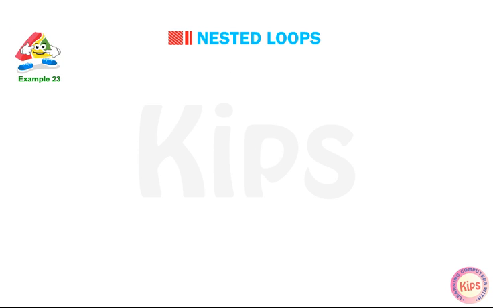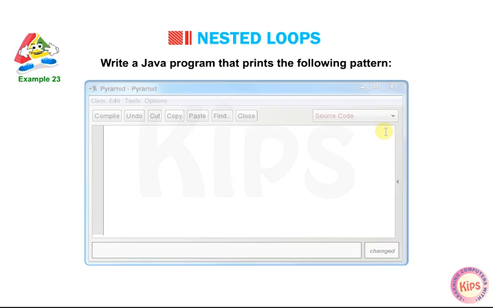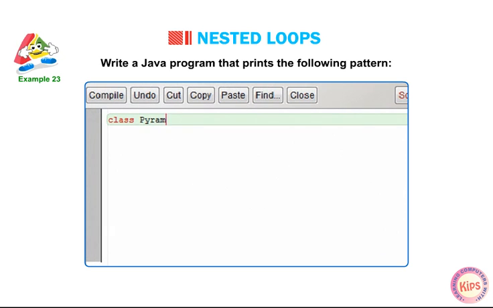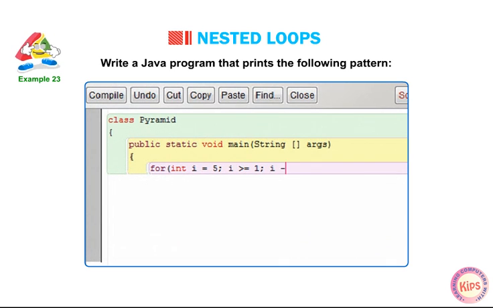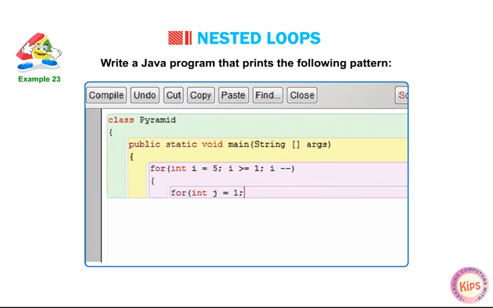Students, let us understand this through an example. Write a Java program that prints the following pattern. class Pyramid { public static void main(String args[]) { for (int i = 5; i >= 1; i--) { for (int j = 1; j <= i; j++)